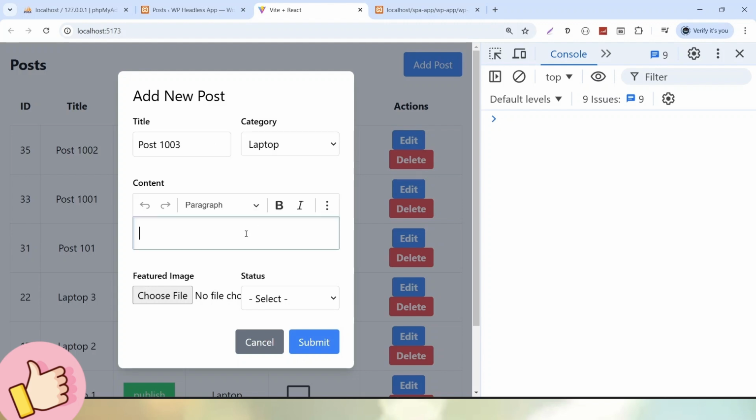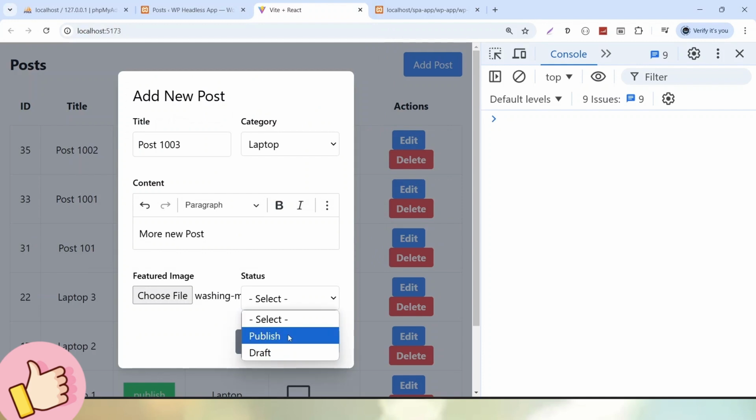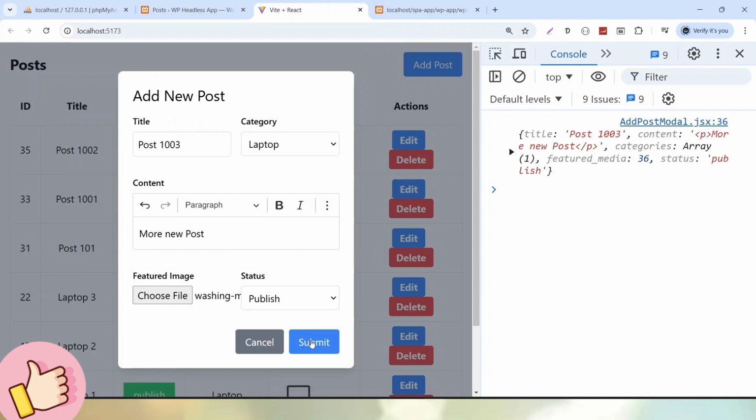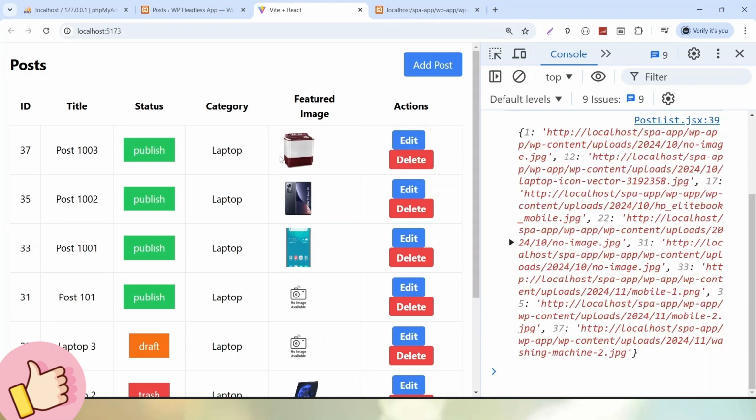Category laptop. Here, more new post. Let's choose the featured media image, this one. Select publish, click on submit, and now we can see that the add new post modal has been closed,